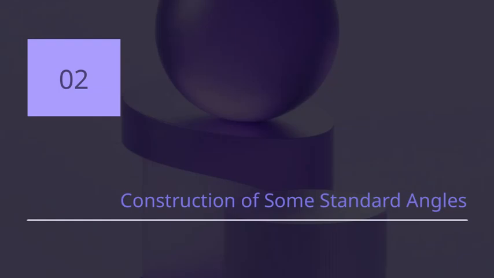Let's take a look at how some standard angles are constructed. On this slide, we're focusing on the basic angles like 30, 45, 60, and 90 degrees. These angles are fundamental because they serve as building blocks for understanding more complex geometric concepts. When constructing these angles, we often start with simple tools like a compass and straightedge. For example, to construct a 90-degree angle, we draw a right angle, which is straightforward and foundational. For angles like 45 degrees, we bisect a 90-degree angle, which shows how we can divide angles into equal parts